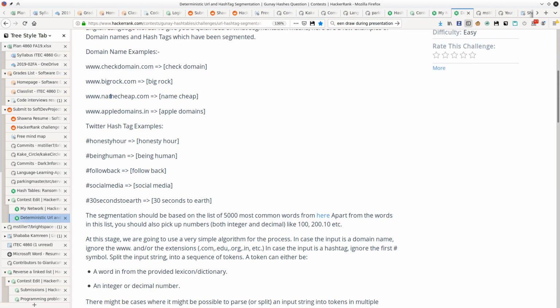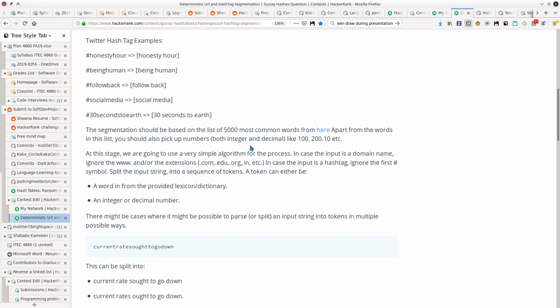And there are some complicated versions, like a single word here named cheap. You have to extract the name and cheap separately. And for this they offer you a dictionary of 5,000 most common words, and again, you'll have to use the dictionary to look up things, and if you were searching every time, that would have been taking forever. So that's why using a hash table is going to be a much faster solution.